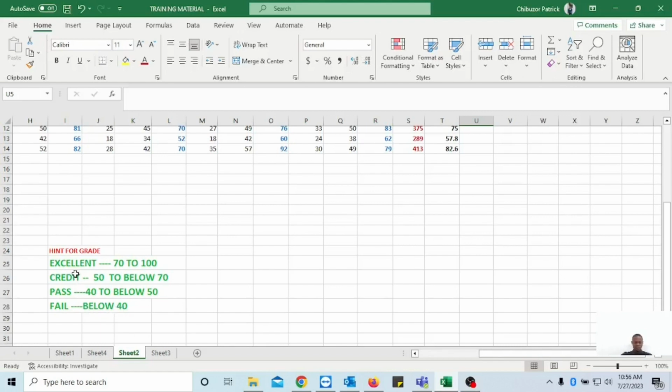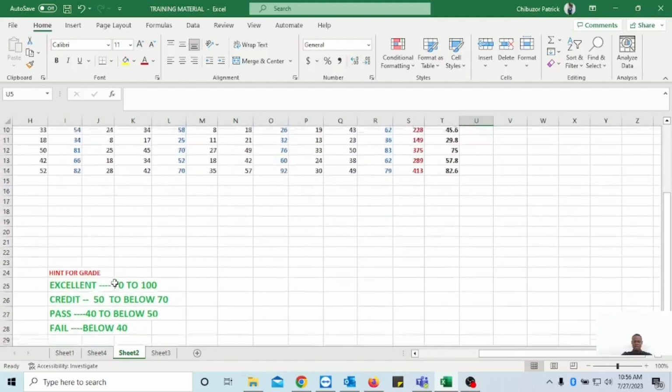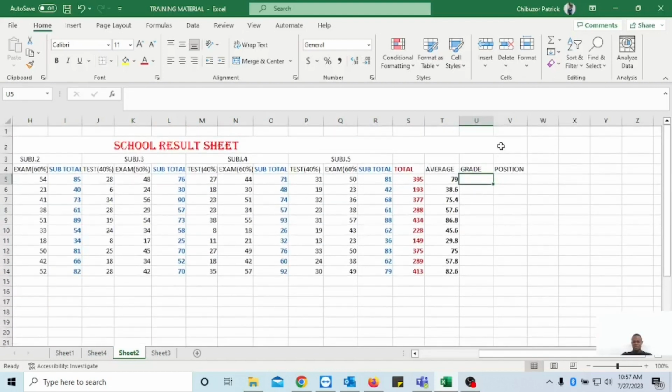This is just for this particular class. You can decide to use your own template, your own school, whatever you want to use in order to get the grade of students. But this is just an idea of how you can tabulate the grades of students. So we'll be using the if function to do this task. So here, we'll come here and say equals